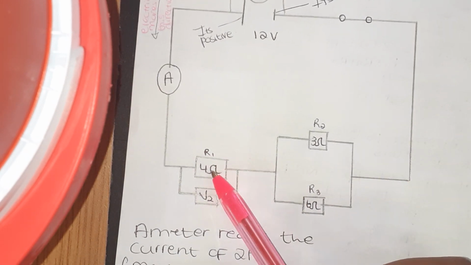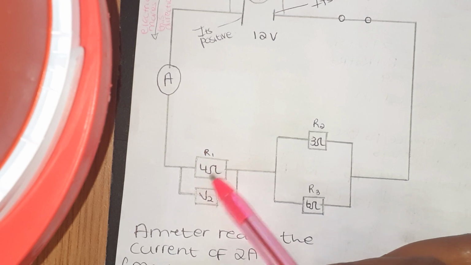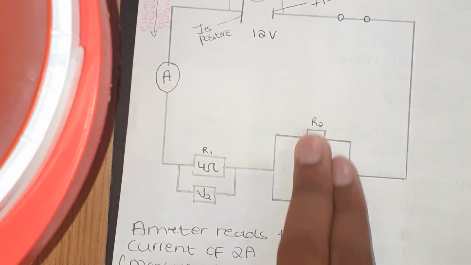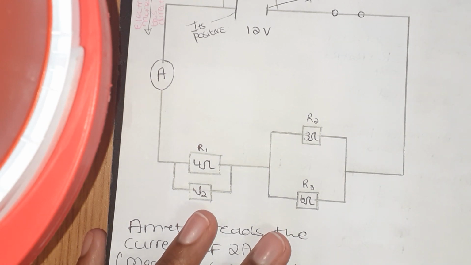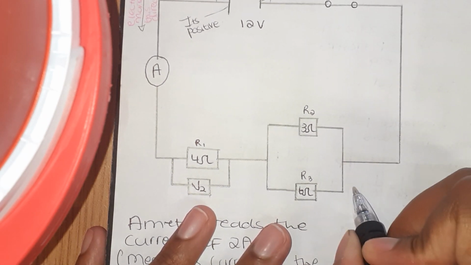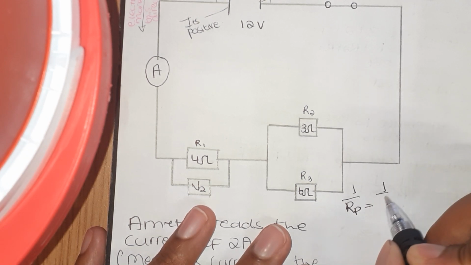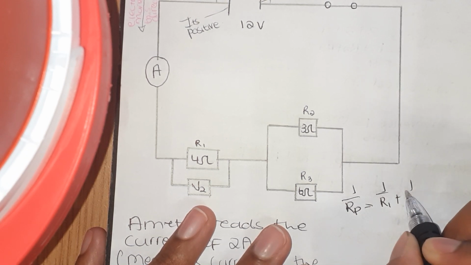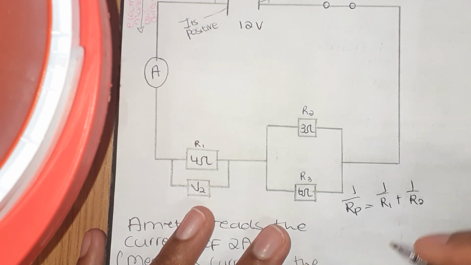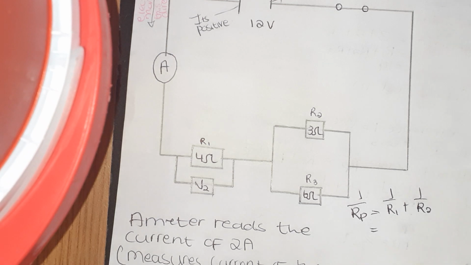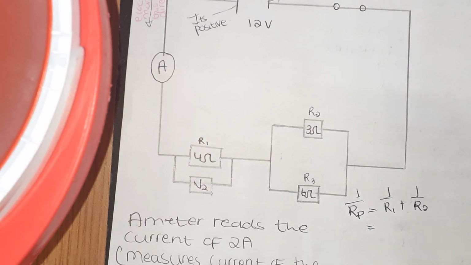You will calculate the resistance for this one, which is still 4, right? And then these 2 will be calculated in this manner: 1 over Rp equals 1 over R1 plus 1 over R2. And that will be